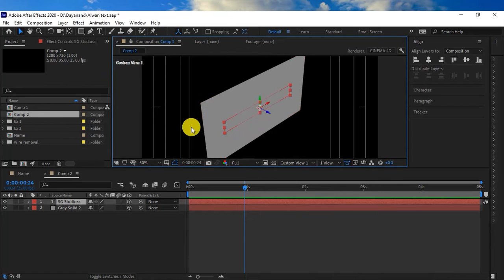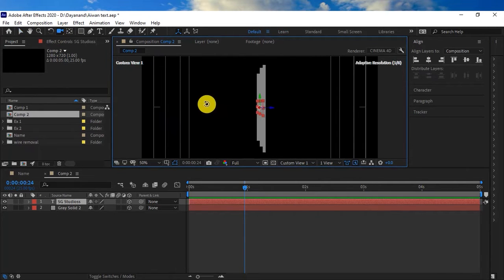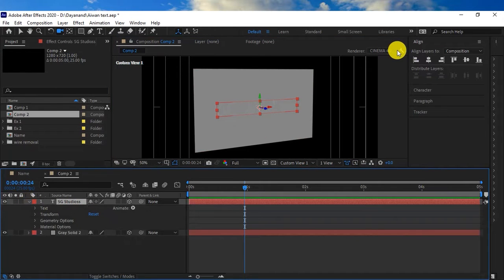I use C as a shortcut to enable the camera here. Also, I can just click on this to move around the perspective. You can see that the text and my layer are both in one particular place. So that is the reason it isn't visible itself. But here, remember one thing: if you don't have Cinema 4D enabled, all you can do is just